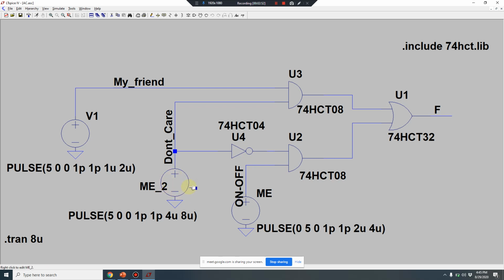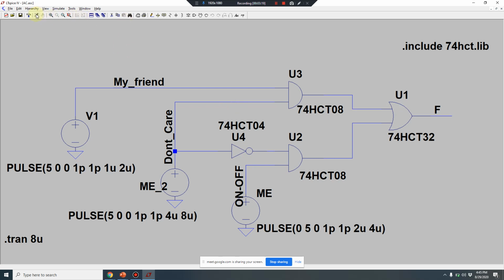But in case I put my don't care switch on, then I relinquish my control. My switch will become disabled because a zero is coming here, and now my friend's switch will be enabled because this AND gate is now enabled. So he can switch on the fan and he can switch off the fan. Is the problem statement clear and how it is being implemented?